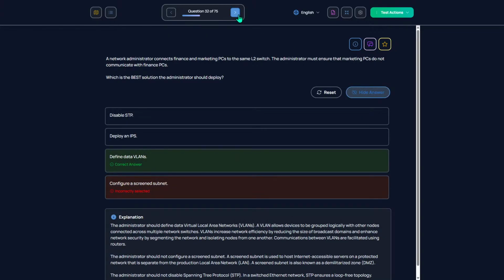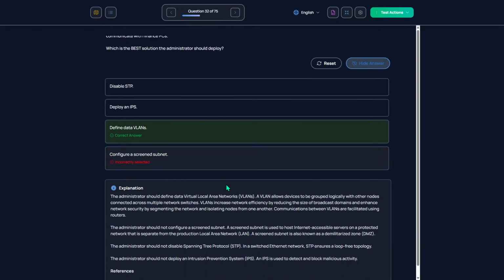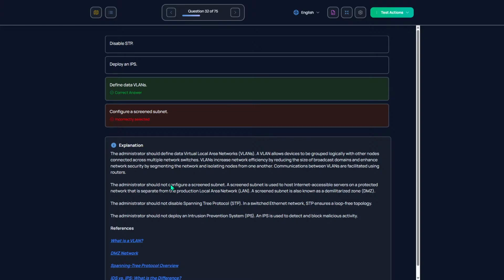Define data VLANs. Okay, that one is the first time I'm seeing that one, so let's see why. The admin should define data VLANs. A VLAN allows devices to be grouped logically with other nodes across multiple networks. Okay.